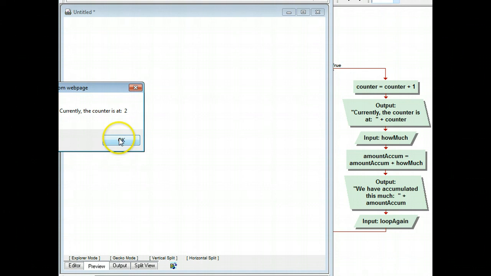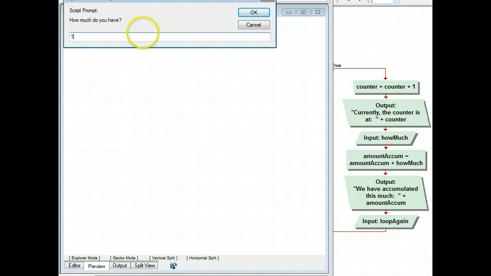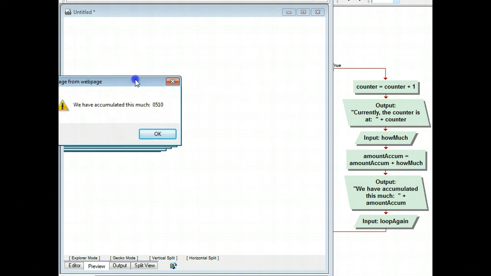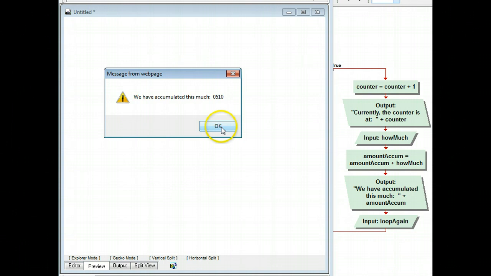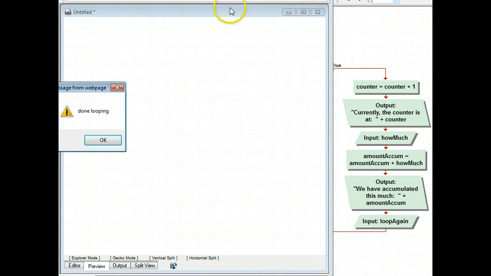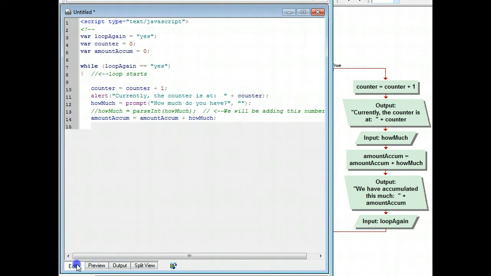Okay, then I'll go around one more time. So now I'm at 2. How much stuff do I have? I have 10. And now I have 0515. So you can see, as I say in class, the answer to all your problems is parseInt. When you have this problem here, the solution to that problem is doing a parseInt. So if we uncomment that,